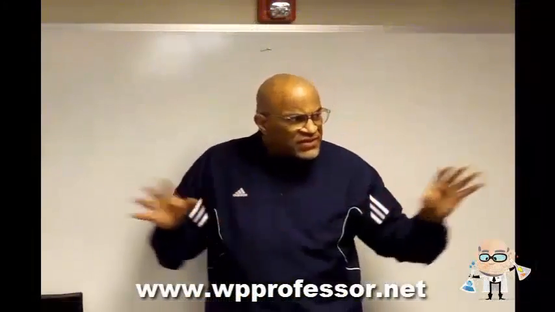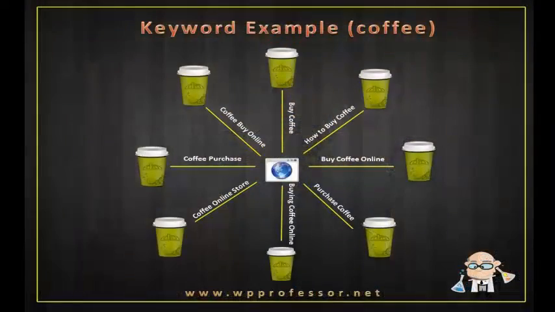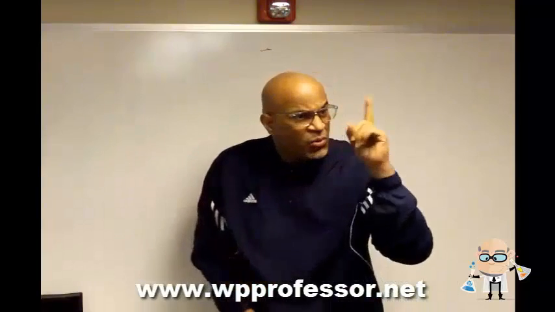So if you're trying to set up your website hierarchy and you feel good about that particular testing, if you sell coffee, for instance, what you will want to do is create a Facebook fan page for all 3 keywords. 3 different Facebook fan pages for 3 separate keywords, all driving traffic to the same site. So the name of your Facebook fan page, number 1 from a social media SEO standpoint, would be buy coffee. Page number 2 would be buy coffee online. Page number 3 would be purchase coffee.